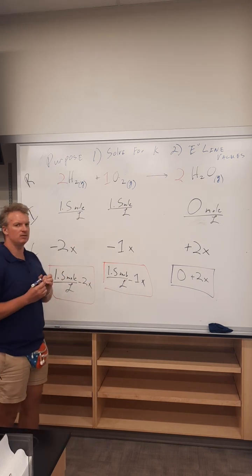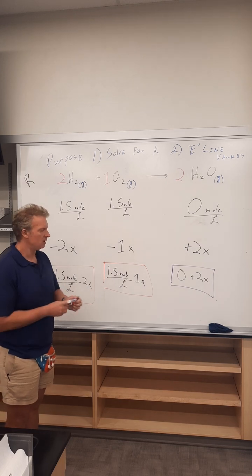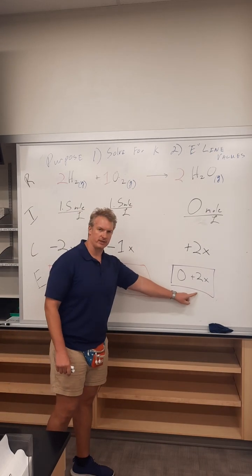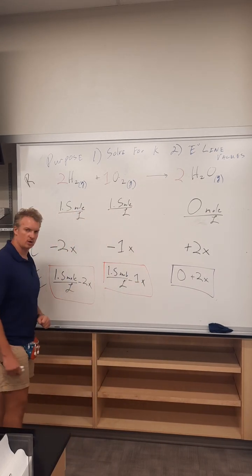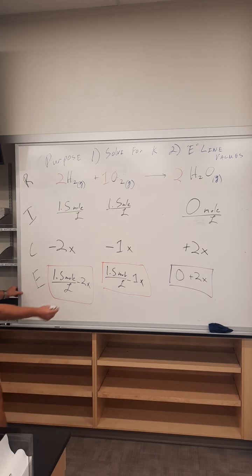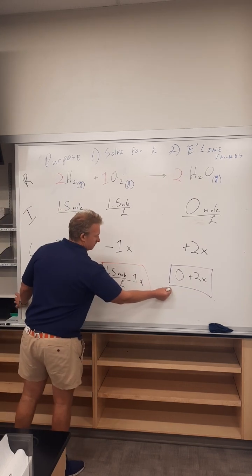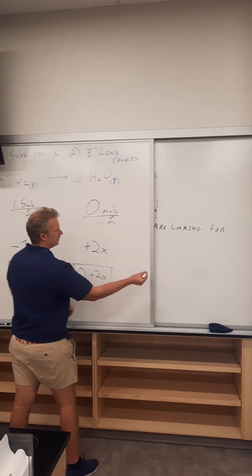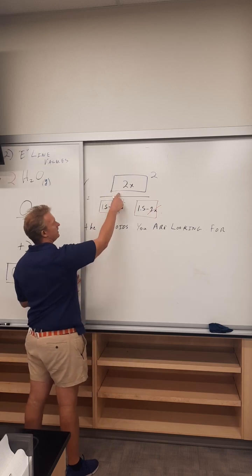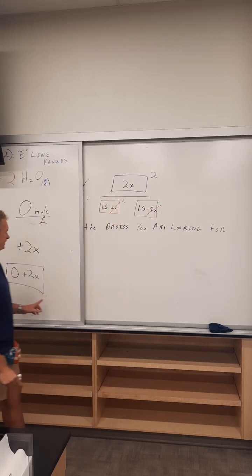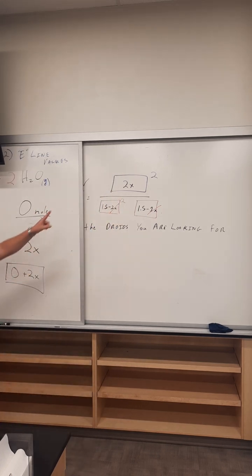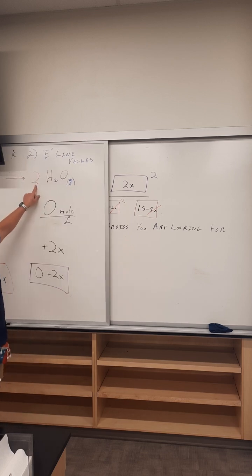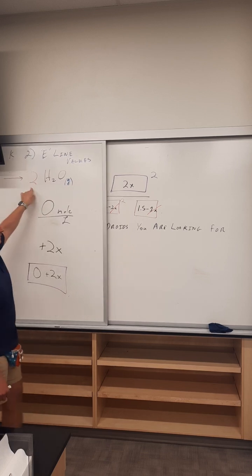In the capital K expression, products go in the numerator, reactants go in the denominator. So imagine that purple box being picked up like an index card and being placed right there, and I simplified 0 plus 2x to just be 2x